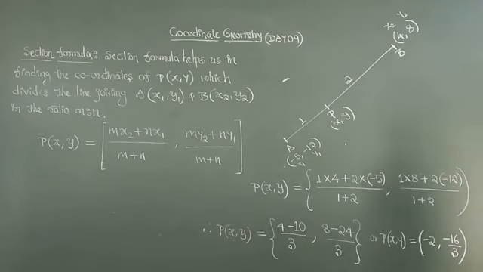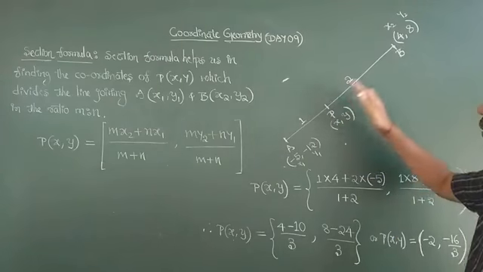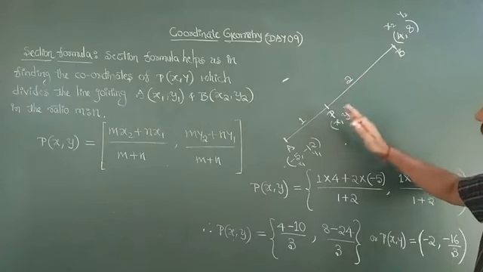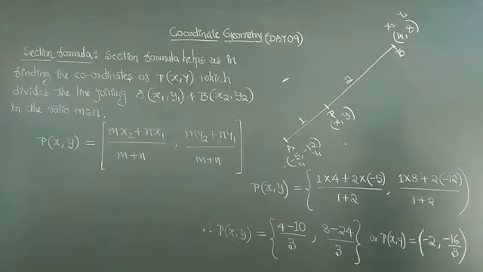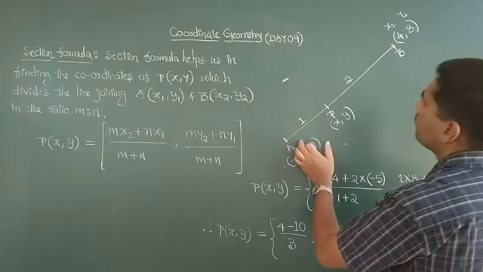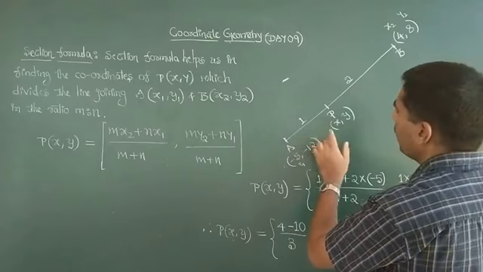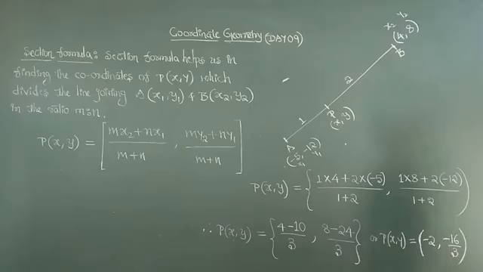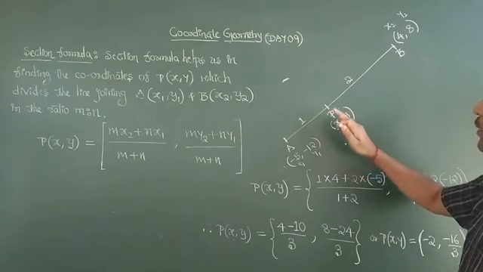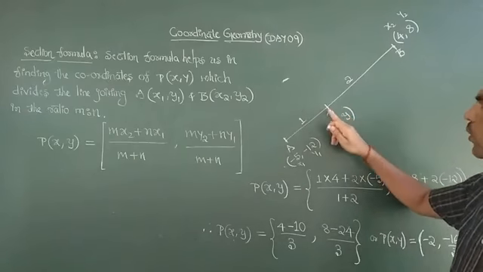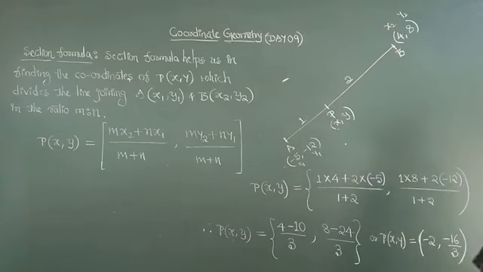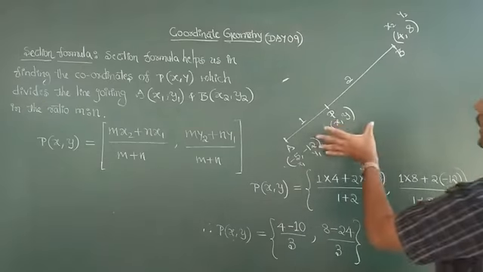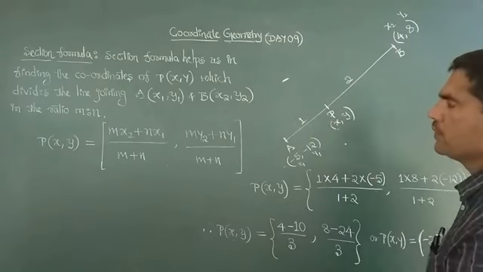By knowing at what ratio the point P divides the line segment AB, you can calculate the coordinates of point P. So the section formula will give you a formula to find out the coordinates of a given point,